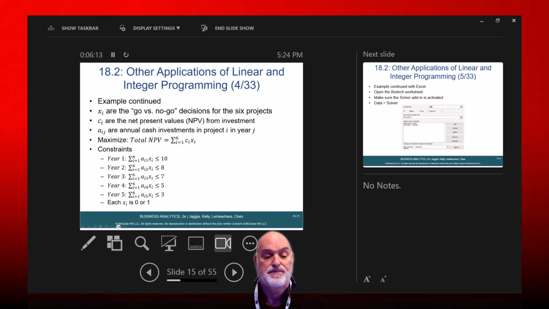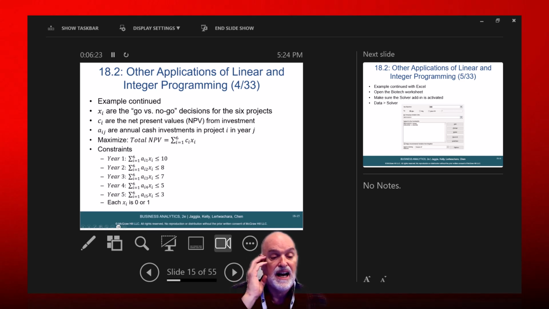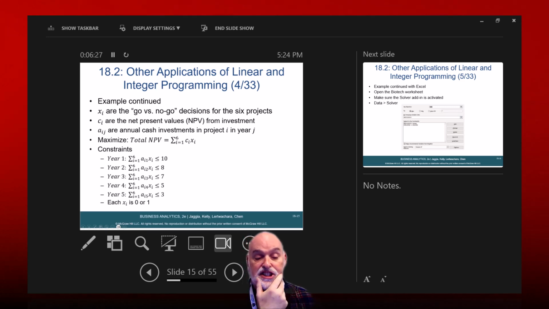Example continued. XI are the go versus no-go decisions for the 6 projects. CI are the net present values, or NPV, from the investment. And AIJ are annual cash investments in project I in year J. So,